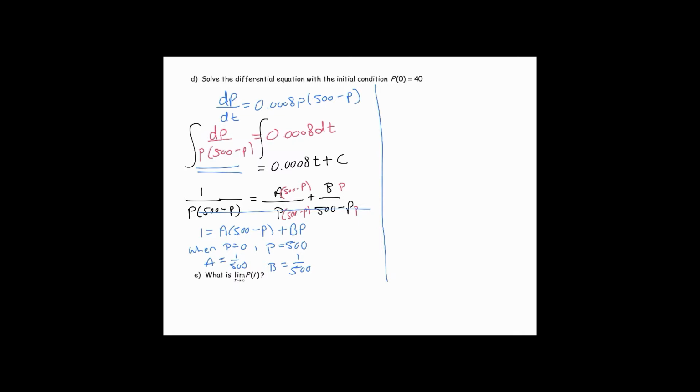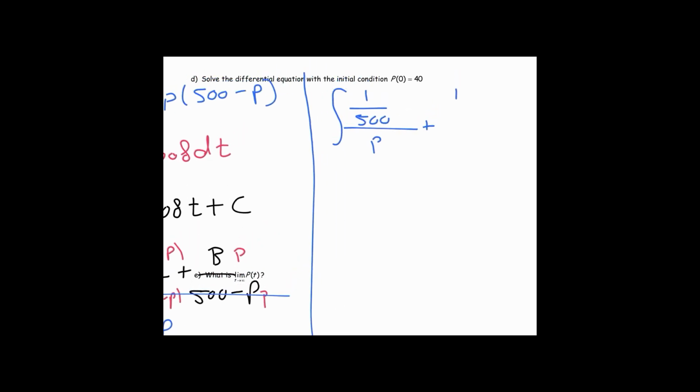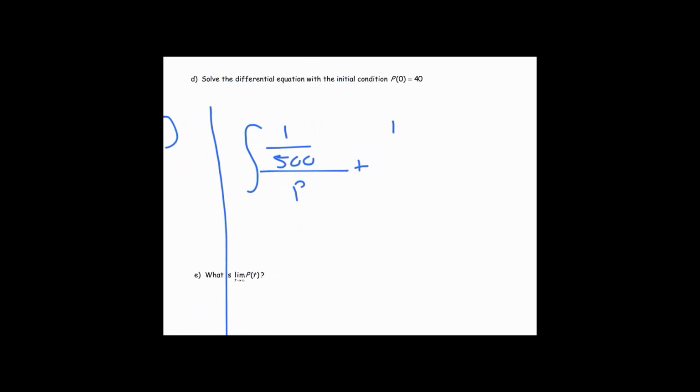So now we know that that can be written as the integral of 1 over 500 divided by p plus 1 over 500 divided by 500 minus p. And that's equal to